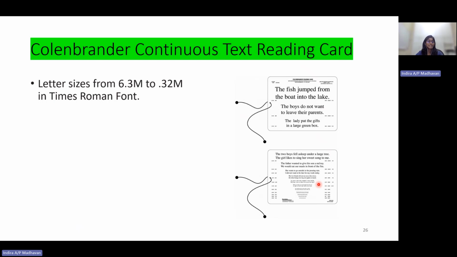commonly used in our clinic would be the Colenbrander continuous text reading card. The letter size starts from 6.3 M to 0.32 M in Times New Roman. So this is how it looks like. It's a two sided card. The first one is the biggest one, and then it gets smaller, and then we flip, then we'll get a smaller version. This card is actually a 40 centimeter long card, but